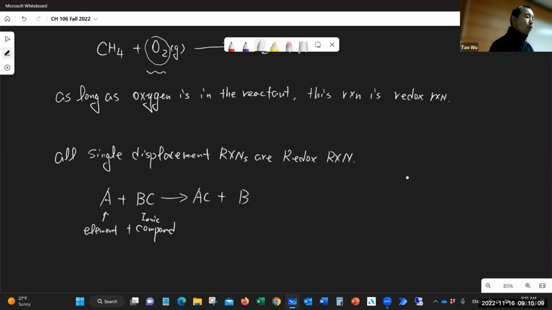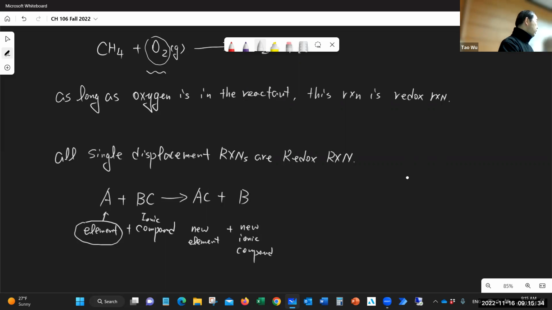They're going to form another new element plus a new ionic compound. You see? The reason this is a redox reaction is because they have elements involved in the reaction. So in the future, another conclusion is if you see